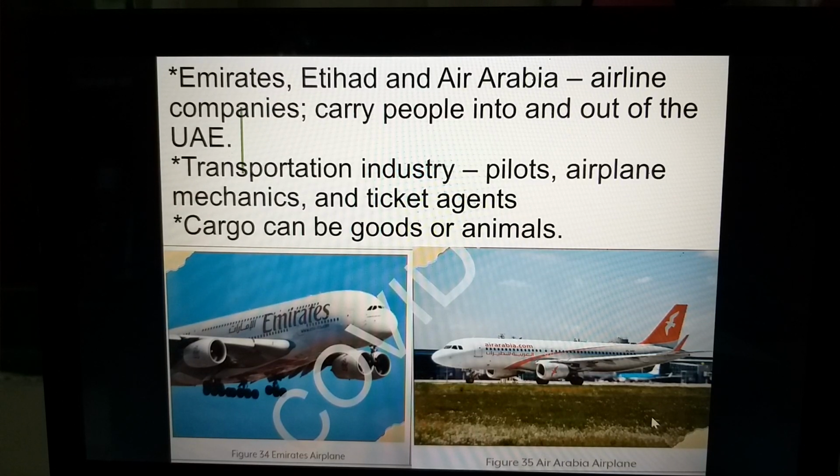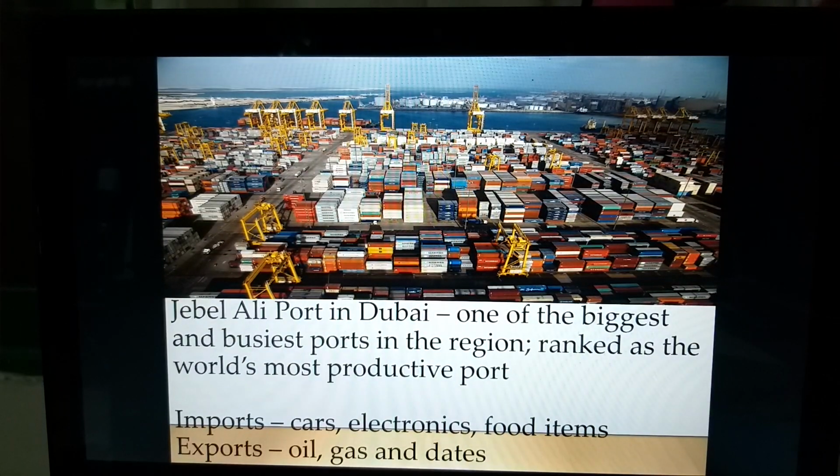Okay? Cargo can be goods or animals. People who work for airplanes or for airports work in the transportation industry. Who are those? They are the pilots, airplane mechanics, and ticket agents. Understand? Very good. Okay. Now let's discuss about seaports in the UAE, which is the other way of connecting UAE